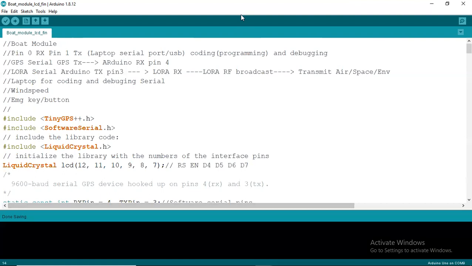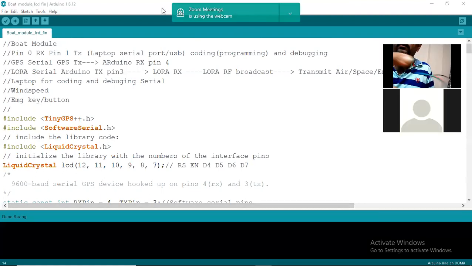Make the camera on. So this is the receiver module, it is simple.